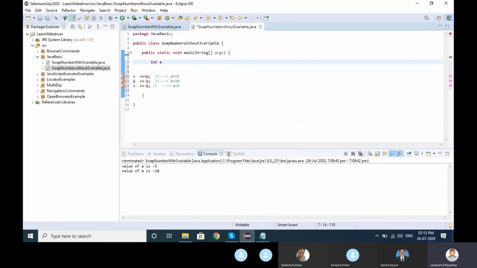Integer A is equal to 10 and integer B is equal to 5. And then I want to print that value. That's it. It's very simple, right?